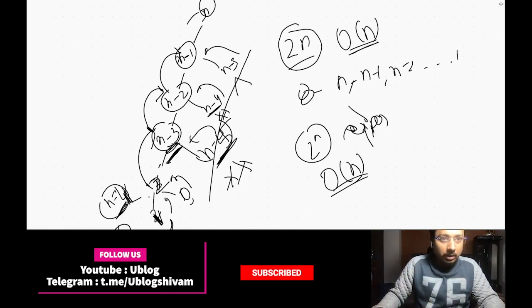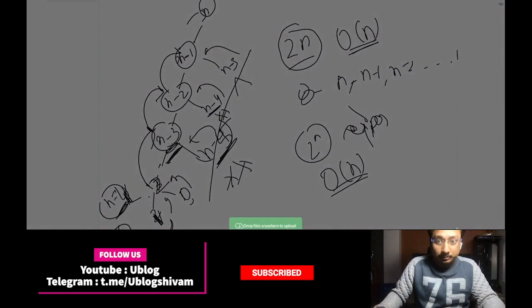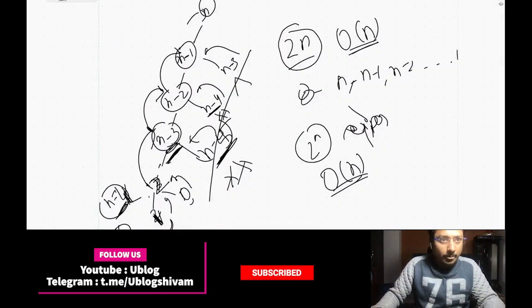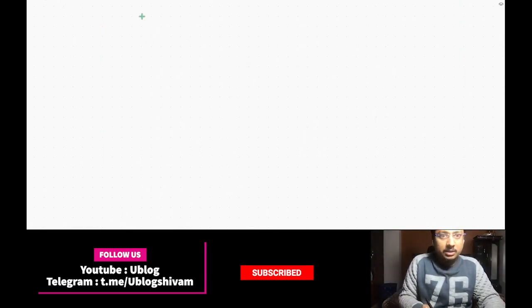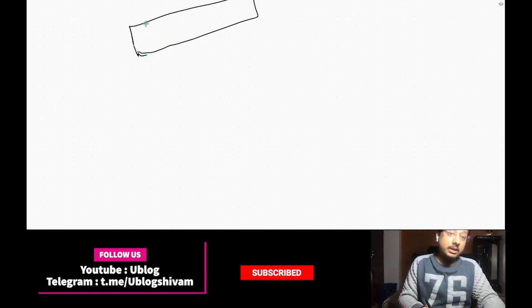So now let's check how it's being done. Let's see how the values are being filled in the array, the additional array which we are using. Let's see how the values are being stored in that. So this is our extra input array which we have used, extra space array. Now it will have n elements.